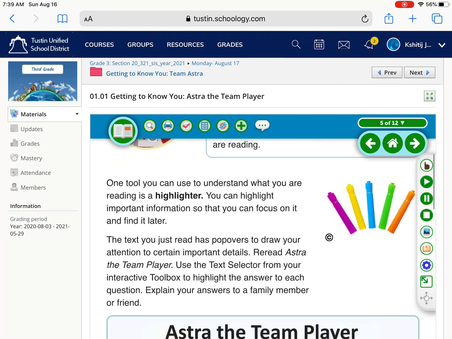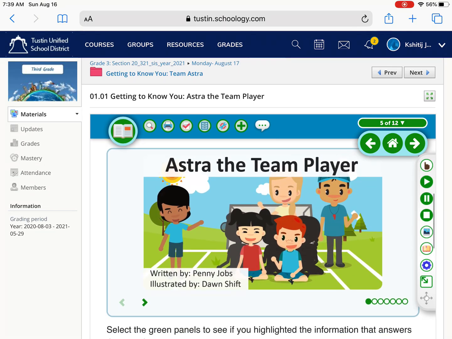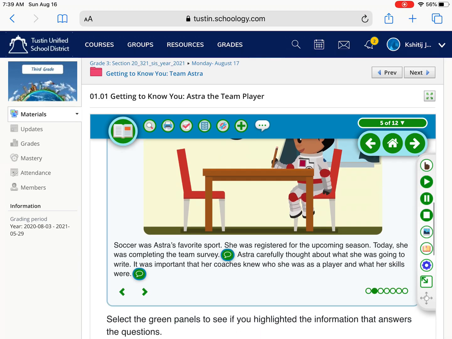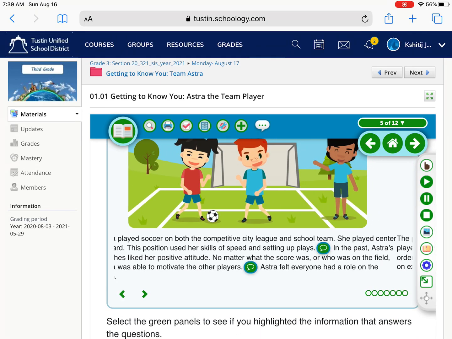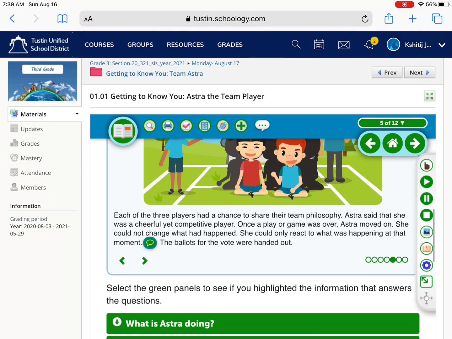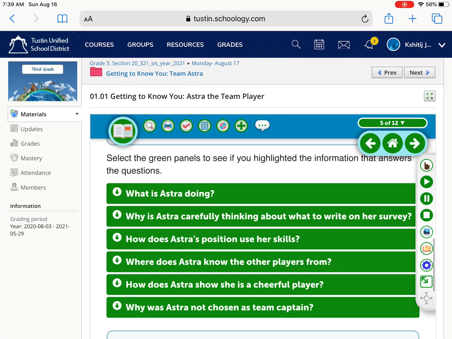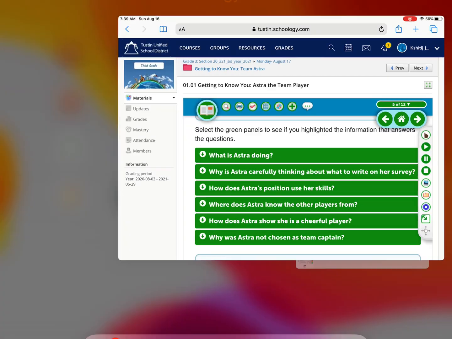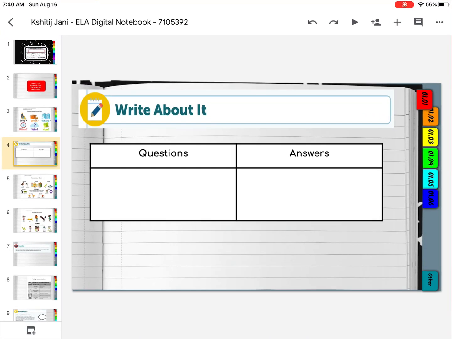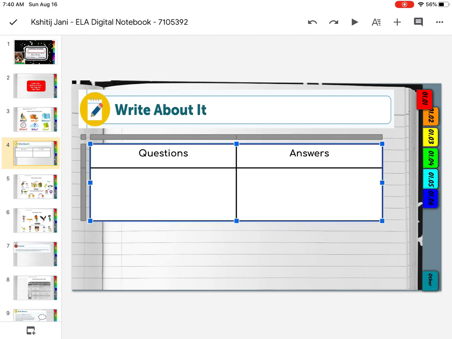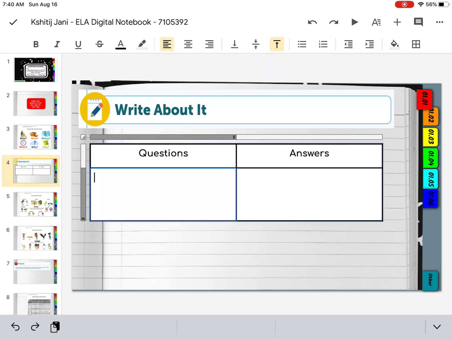And it says here that I have to read the story Astra the Team Player again. And I have to ask questions along the way. Questions maybe that look like this. What is Astra doing? Maybe that could be one of my questions. So I'm going to double click the home screen, go back to Slides. And now I can start typing in. And this is how you're going to show me your classwork in Florida Virtual, boys and girls. You're going to go back and forth between the notebook